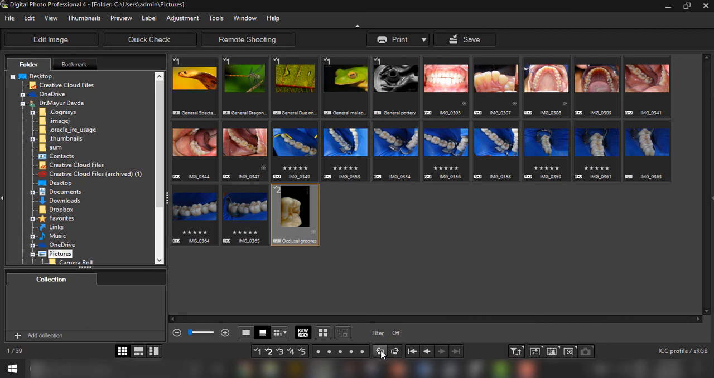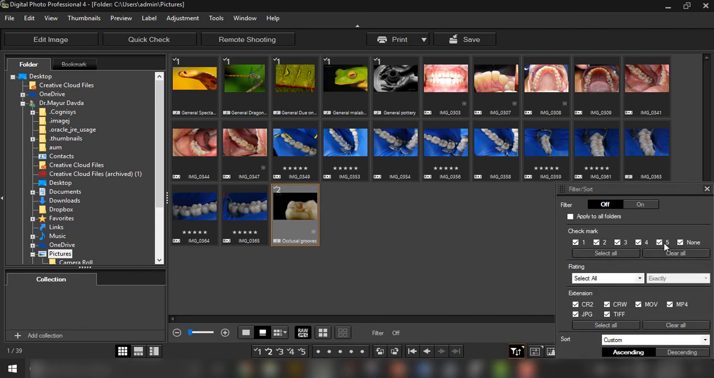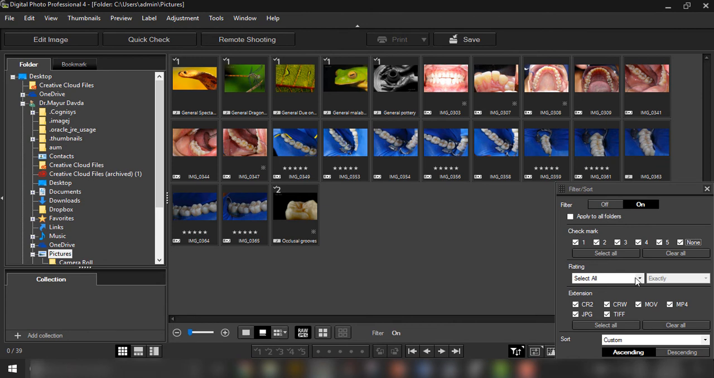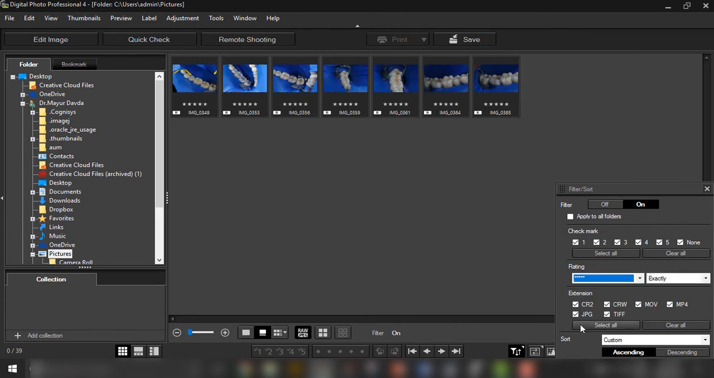If you wish to filter or sort images, you can do so by using the filter button. When you click on it, you get a dialog box with all the possibilities to filter images based on your selection. For instance, if you want to view images only with one check, you can deselect all other options, and that's how simple it is. If you would like to see all images with 5 stars, you can do so using the rating drop down menu and click 5 stars